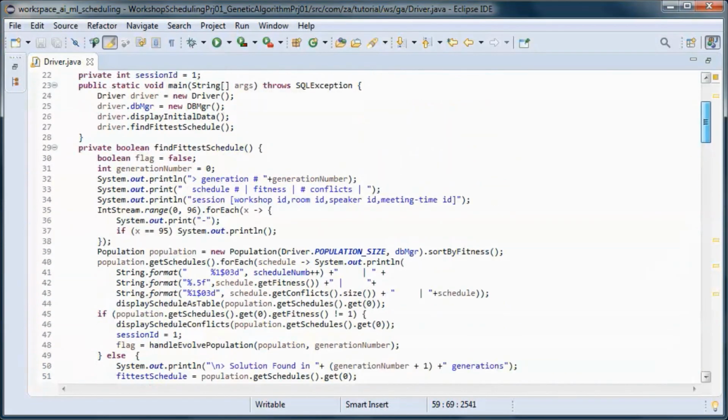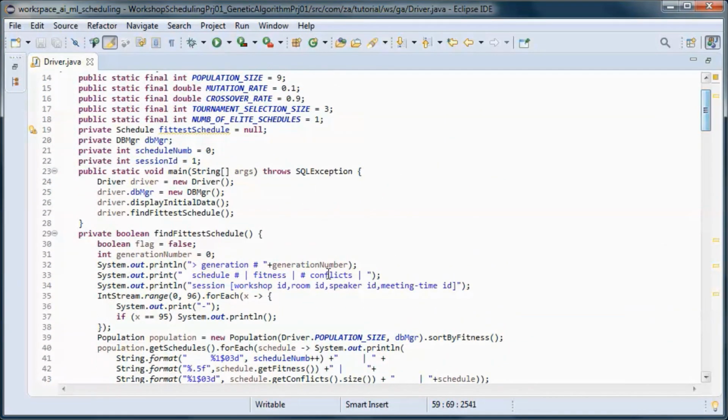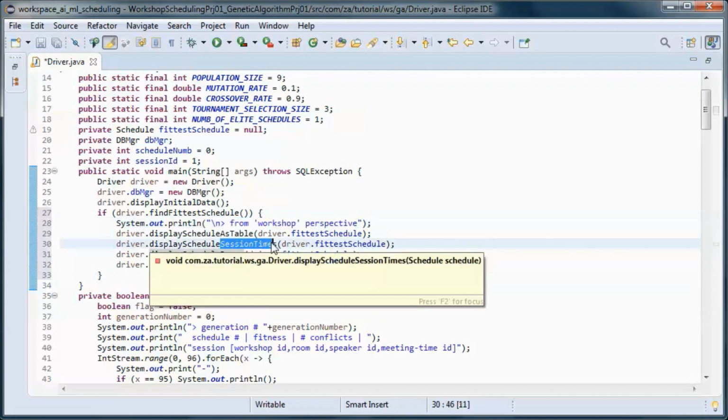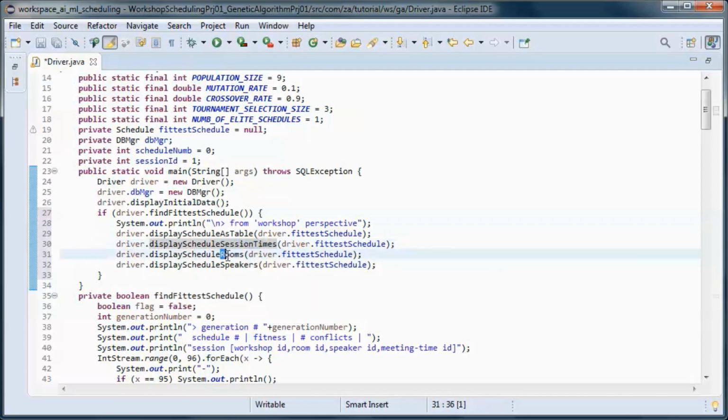And if we found a schedule with zero conflicts, then we display that schedule from the workshop perspective and from the session time perspective and the room perspective and the speaker perspective.